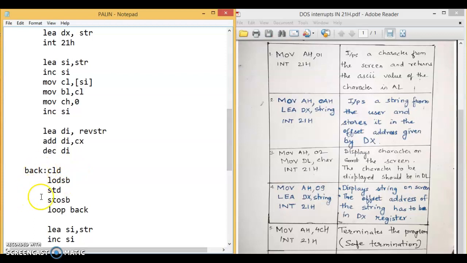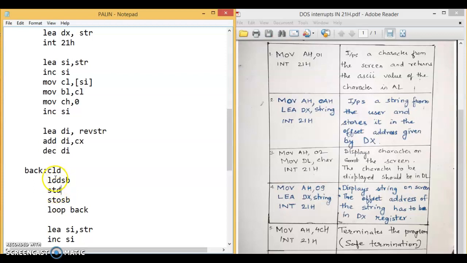This piece of code is reversing the string. The direction flag is meant for setting up the pointers SI and DI in either auto increment or auto decrement mode. CLD is clear direction flag, which sets up the SI and DI in auto increment. STD is set direction flag, which will auto decrement the SI and DI.